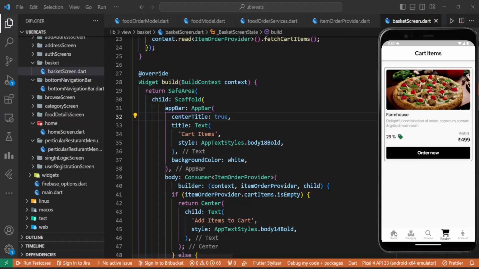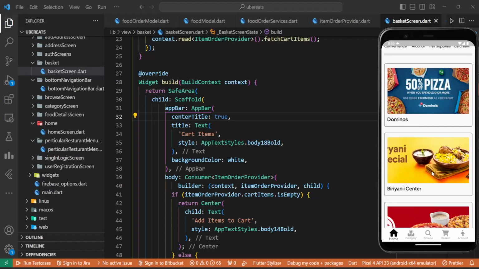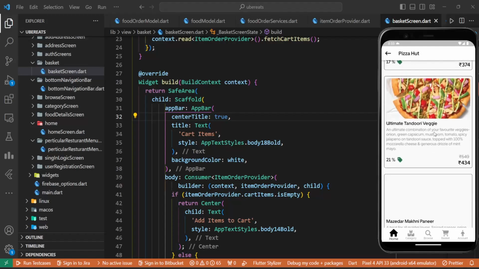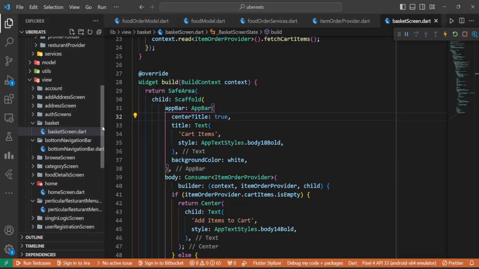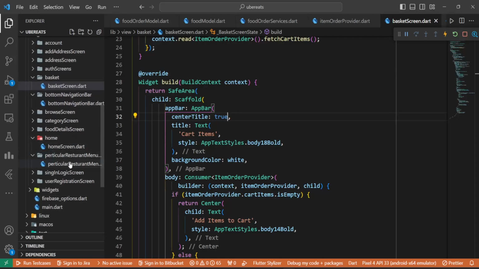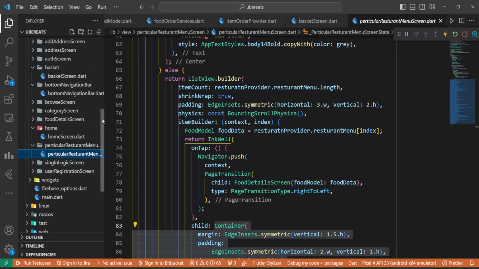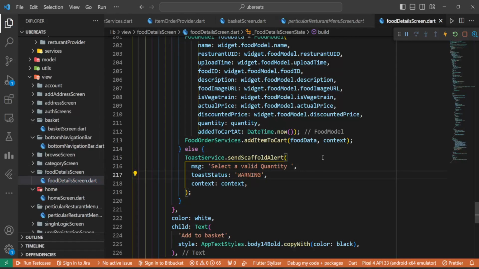Now let's go to home. Let's add some more food items here. Let's go for Pizza Hut here, and here we do have. Now we will go to this add to basket button. So what we're gonna do is that we'll go to the screen. This is particular restaurant. We have to go to the screen, not to particular restaurant. We have to go to food details screen, and after we have added the food,